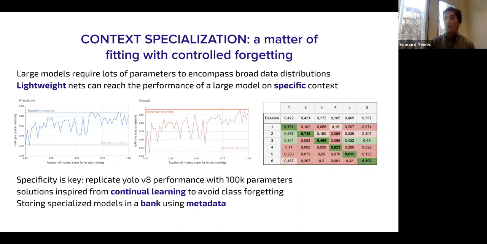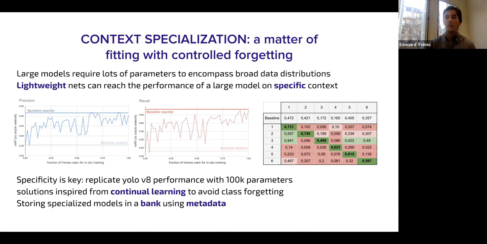I gave examples of object detection, but let's say I want to apply the same technique for voice recognition. Let's say you have your HomePod. I don't want the model to be trained at your place for your personal usage to work very well at my home. That does not make sense. So that's the whole idea. You want to be very specific to a context, and that's what we achieved.